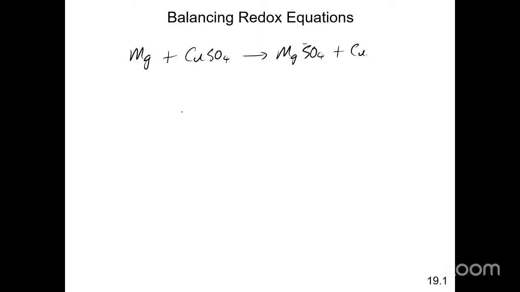So how can you tell that this is a redox reaction? Well, what you have to do is look for any changes in the oxidation numbers of the particular elements as you go from reactants to products. So if you focus on the magnesium, for example, you see that the oxidation number of magnesium is 0 here, but over here it's +2. So that means that there's an increase in the oxidation number. So increase in oxidation number